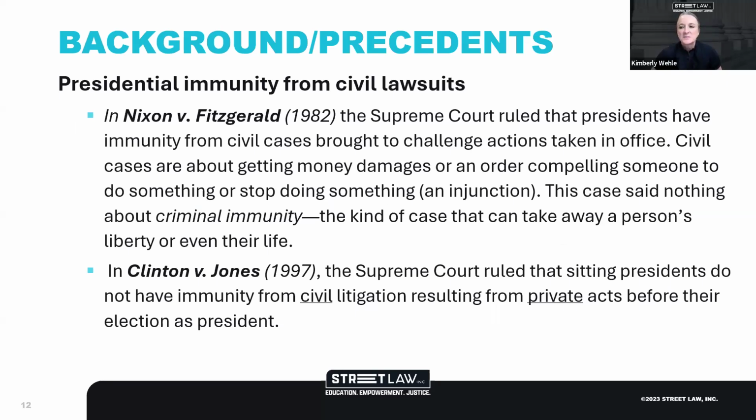Thank you. So just as a foundational concept, what's immunity? Immunity basically means you can get away with something with no legal consequences. There is no immunity in the actual Constitution for presidents. There is immunity for legislators, for members of Congress, under the Speech and Debate Clause. So this question of immunity for presidents has had to be written into or interpreted into the Constitution based on broader principles.